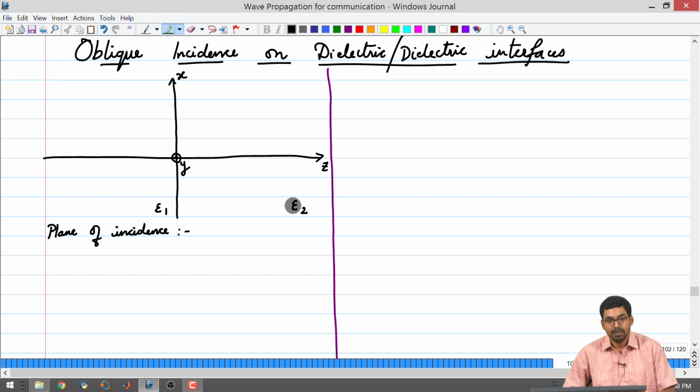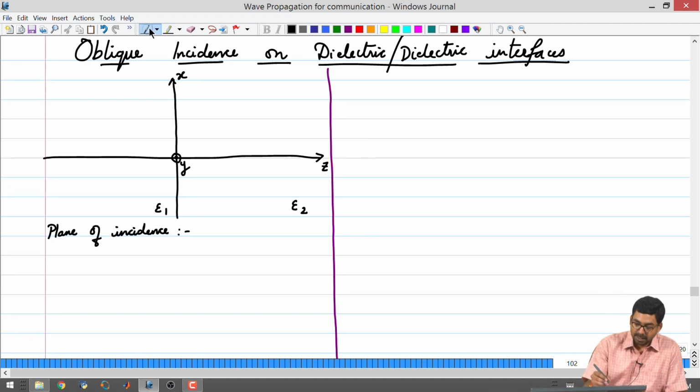semi infinite, which means that on the left hand side this medium is extending infinitely, and on the right hand side this medium is also extending infinitely. The reason for doing that is we want to avoid more interfaces coming into the picture. Suppose you had another material coming in, then you would have one more interface and there would be a reflected wave from there and all that. So, right now we are taking a very simple case where there are two semi infinite dielectric media on the left and the right. Okay. So, the plane of incidence in this case is going to be the xz plane.